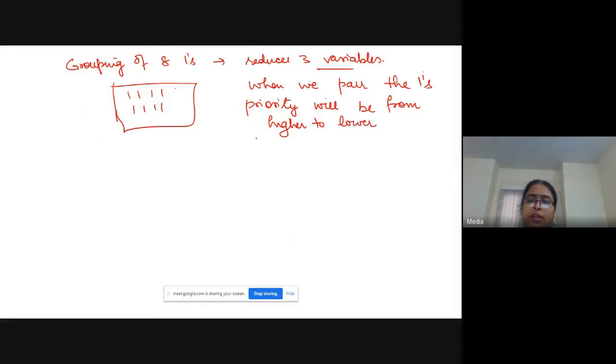Higher to lower means, first of all, you will see in the K-map for an octet. Octet means for 8 ones, you will do pairing of an octet, then you will see for quads, then at the last you will see for the grouping of the pairs. Is it clear?